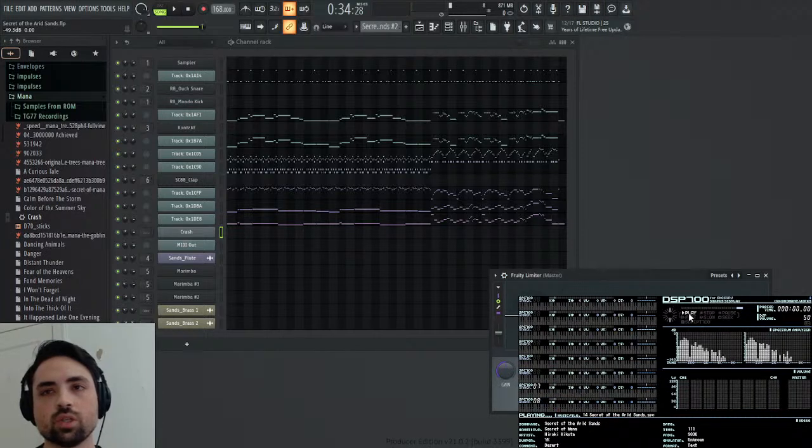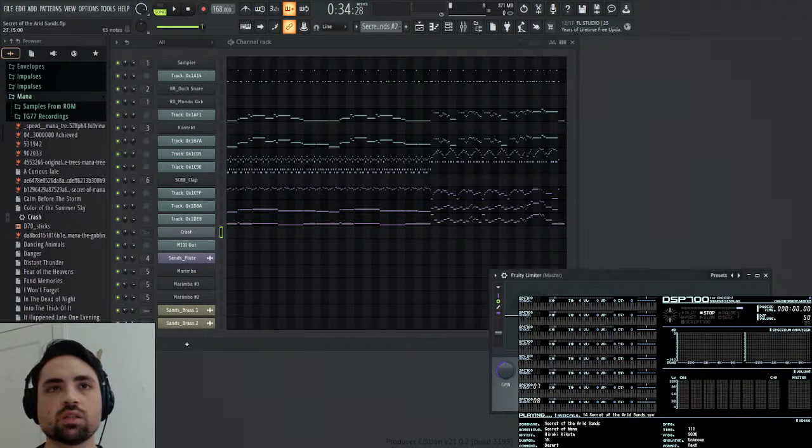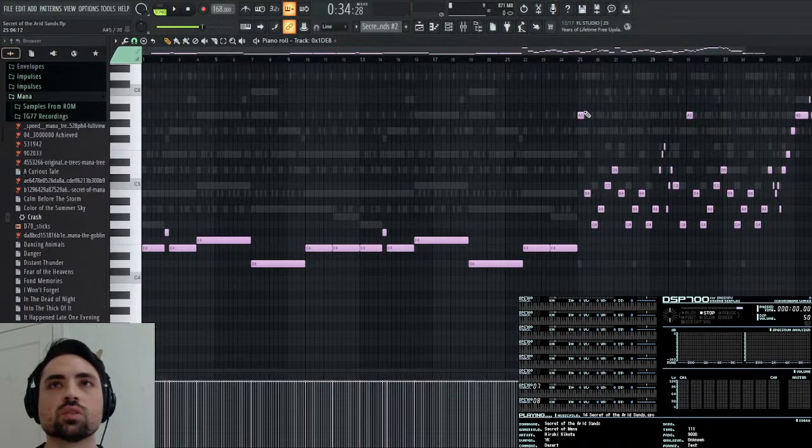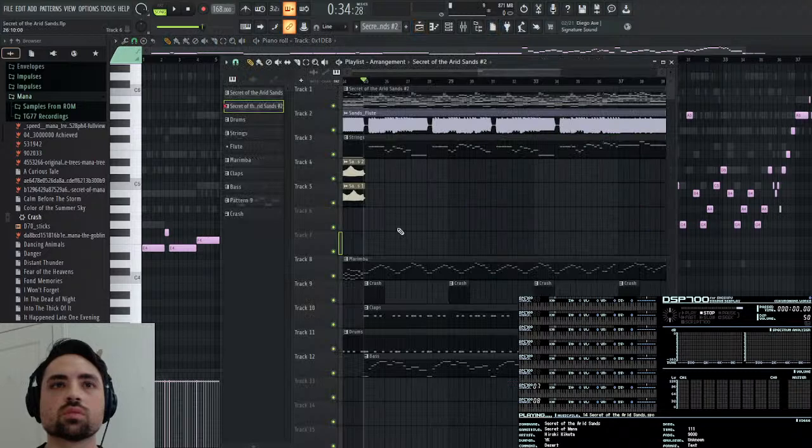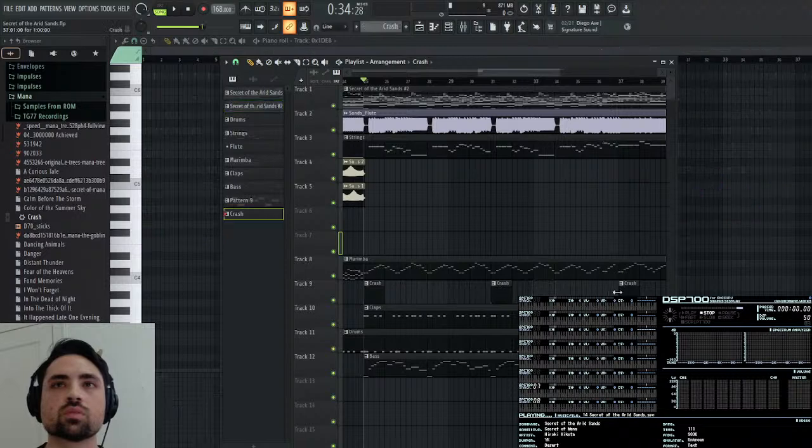I wasn't counting, but let's see. So we have this first line, and then yeah, it's actually just okay. Yeah, it's 3 times. So bar 25 and 31 and 37. There we go.